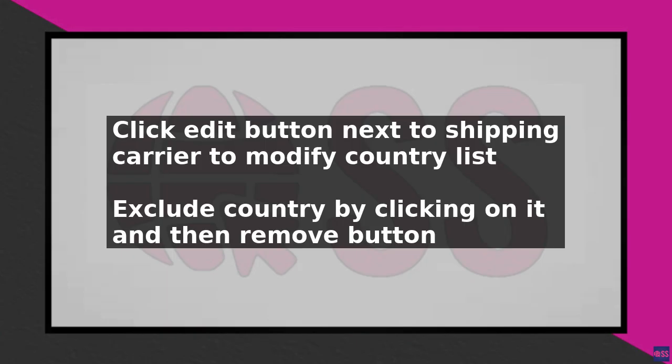You can also exclude a country from a specific listing by going to the listing and clicking on the Edit button next to the shipping section. In the shipping section, you will see a list of all the countries that the item can be shipped to. To exclude a country from this list, simply click on the country you want to exclude and then click on